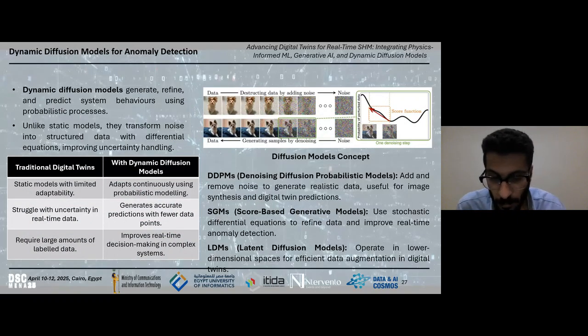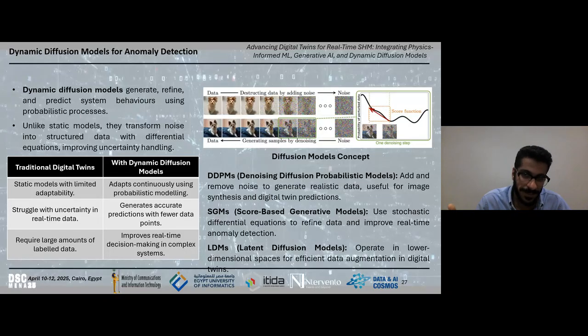Right. So the third type of technology we are trying to use for advancing the digital twin for structural health monitoring purposes, as civil engineers, or advancing the traditional way of digital twin, is a dynamic, or a diffusion model. But I'm calling it dynamic because, as I said before, the main aim is to speed up the real-time synchronization with a higher accuracy. So the snippet shows a lightweight implementation of a diffusion-based anomaly detector. The network is trained over normal structural data, like a sensor pattern with no damage.